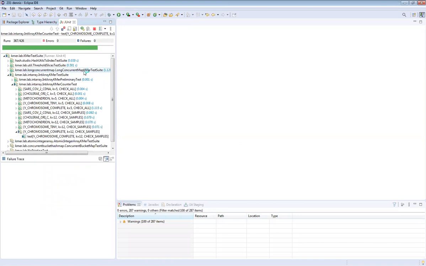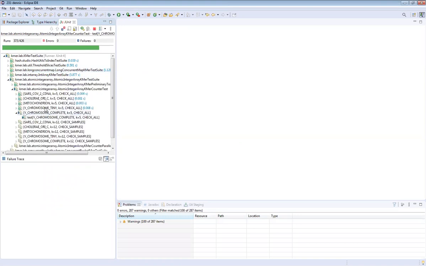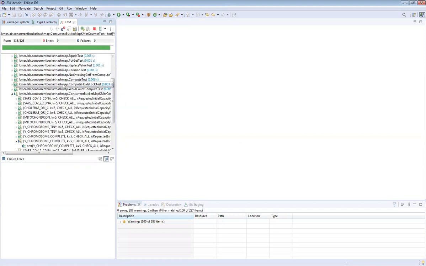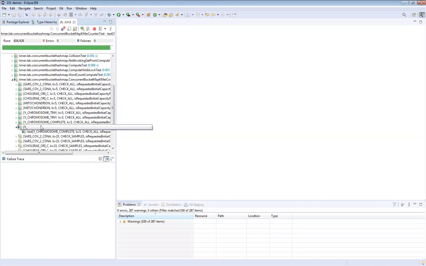You get the long concurrent map to work, test it with Java's map. We get the int array, we'll go through all those, they work. We got the atomic int array, so we can do it in parallel. And now we're testing our thread safe map we've made. And it's down here running this